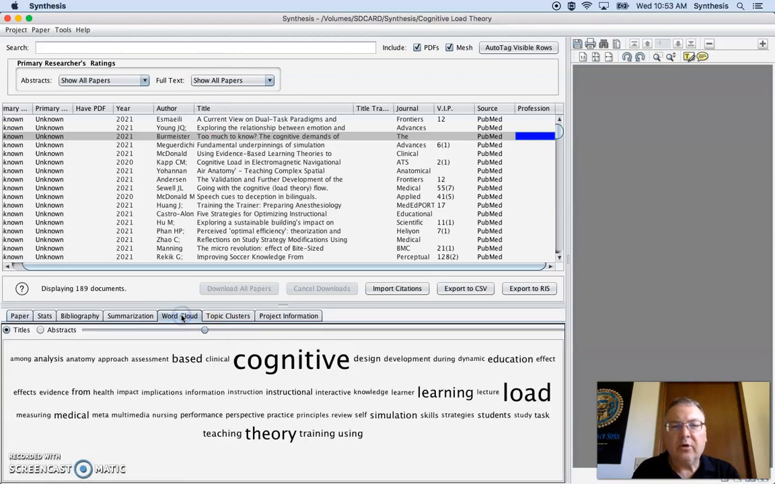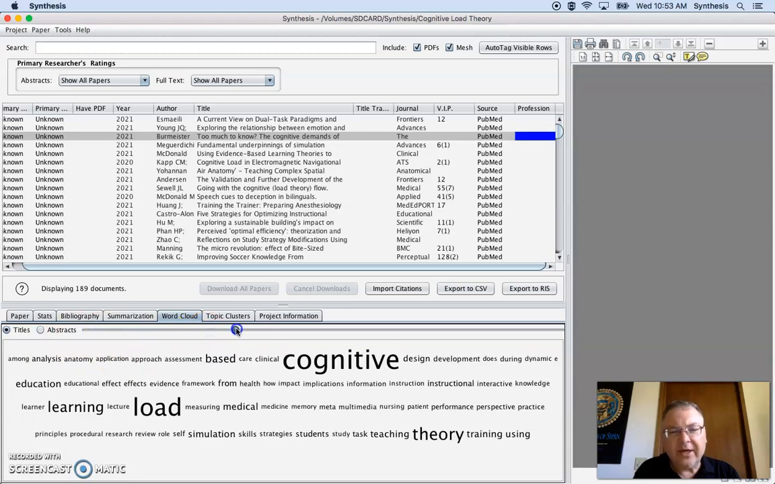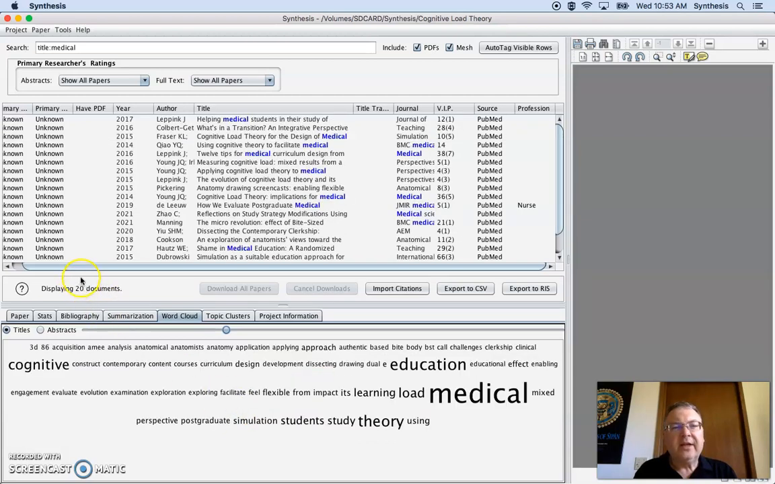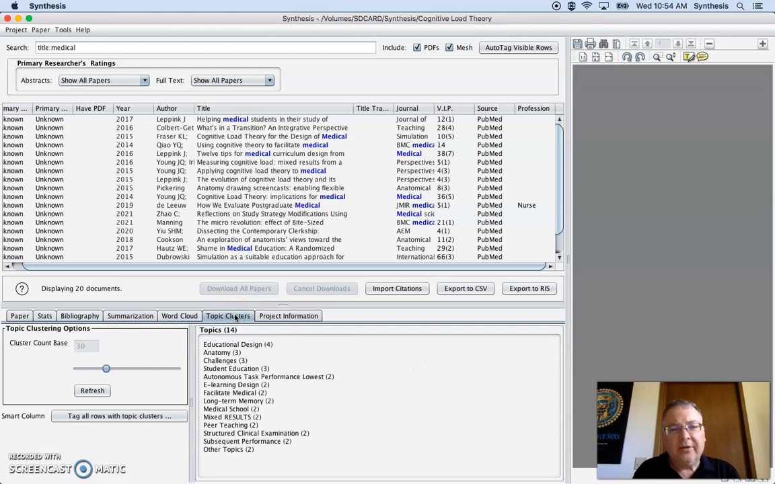You as well could click on the word cloud, and the word cloud allows you to look at the title or the abstract, and you can increase the number, or you could lower it. Let's say we wanted to click on medical. It's found 20 papers that are related, and it's added that in our search. We then could hit on the topic clustering,